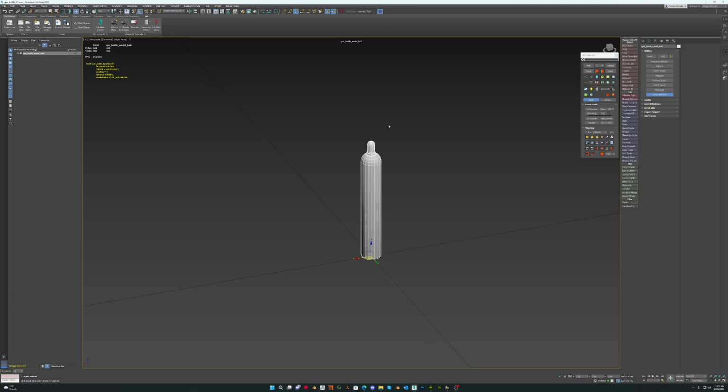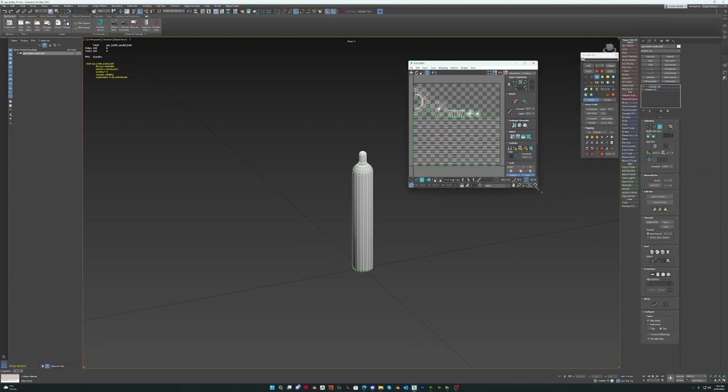Hello, welcome to this video tutorial on how to essentially texture a model and get it into the TDK. So as you can see, we've got a gas bottle. If we check the UVs on that gas bottle on channel 1,